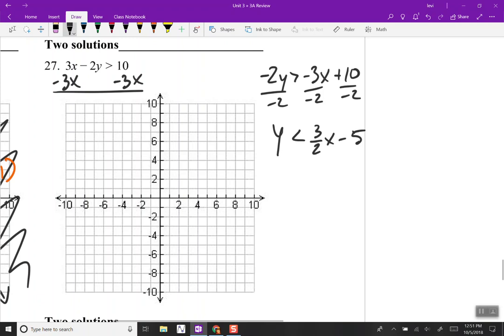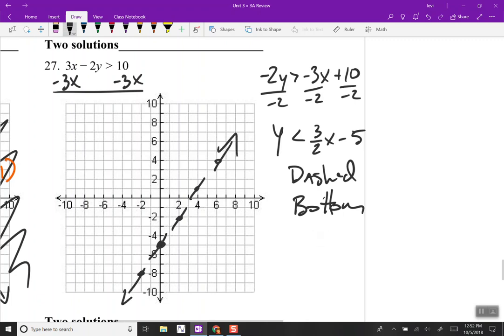What's our y-intercept? Negative 5. What's our slope? Up 3 over 2. Up 3 over 2. Down 3, left 2. Oops, 1, 2, 3. Skipped one. There. And so here, this was dashed, because we don't have the equal sign, and we're eating the rest of the equation, so we're going to shade on bottom. So we have a dashed line,